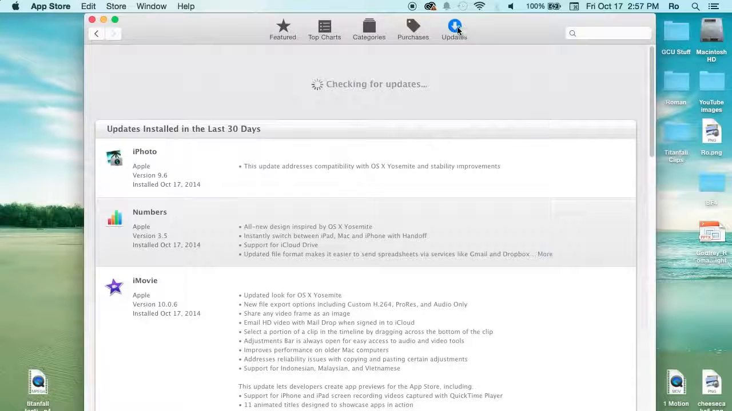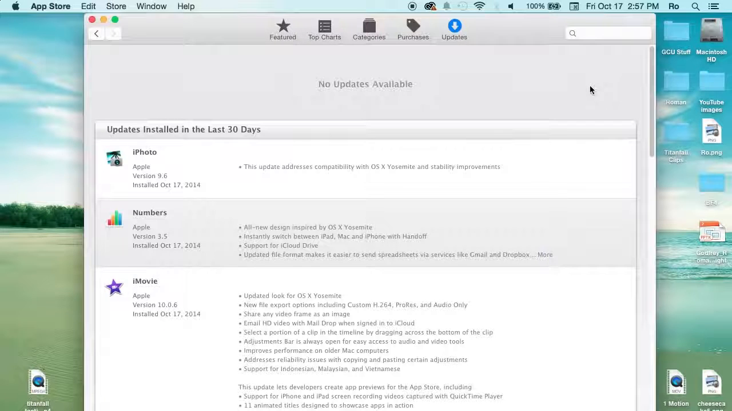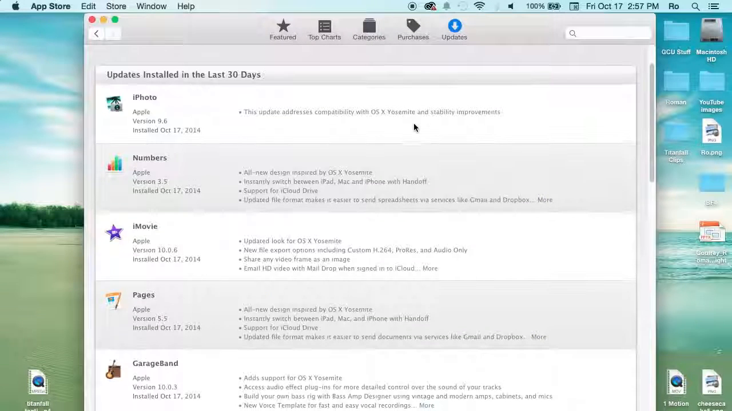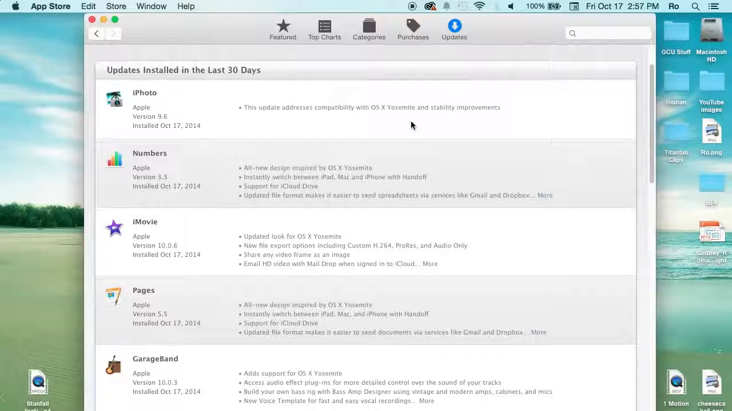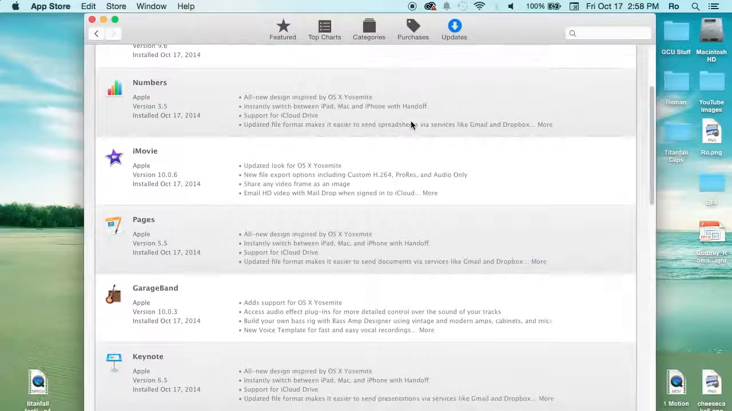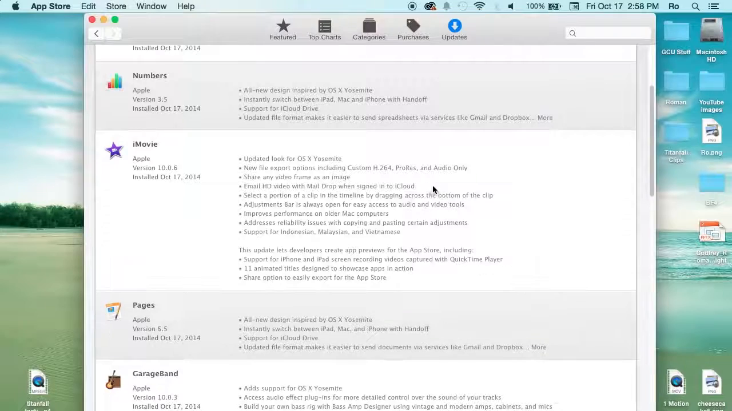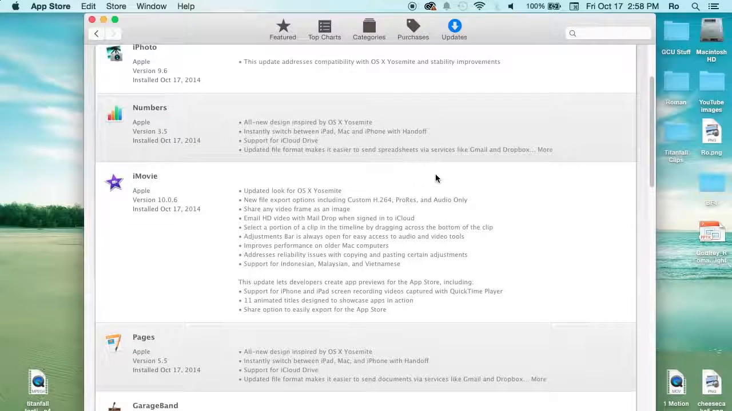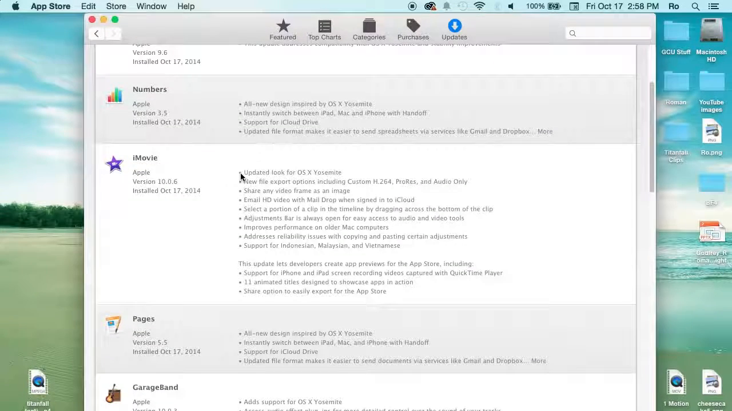So if you go to the rightmost tab where it says updates, let it check for updates, and if you haven't already, I do suggest you update to OS X Yosemite. It works really well. I love the look of it, and I'm pretty sure I say this about every update, because an update is supposed to make things better, and most of the time it does on the Apple side of things. So for now, let's just go to iMovie, and here's the new update,